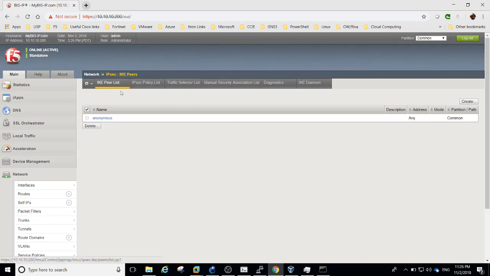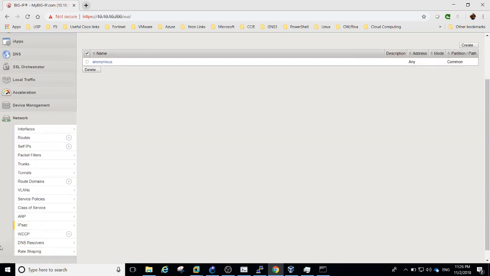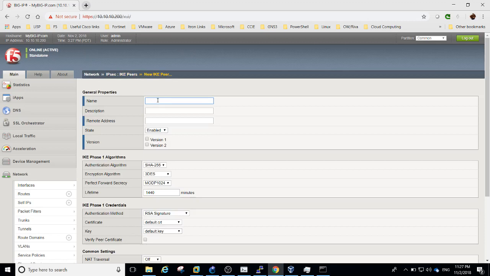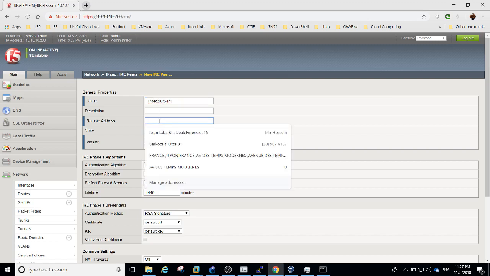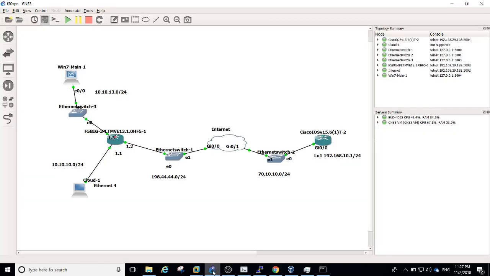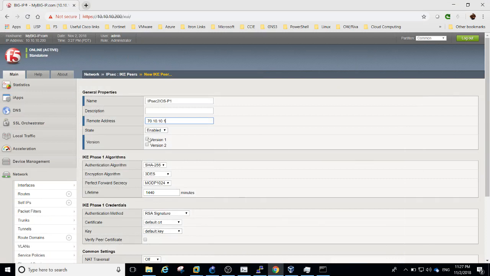On IPsec, let's do it from the beginning: the Network tab, IPsec, and here the first tab you see, IKE peer list, Internet Key Exchange peer list. Here I'm going to define my phase one. I'm going to say IPsec to iOS P1 phase 1. Remote address will be 70.10.10.1, right? 70.10.10.1, IKE version 1, authentication SHA-1,